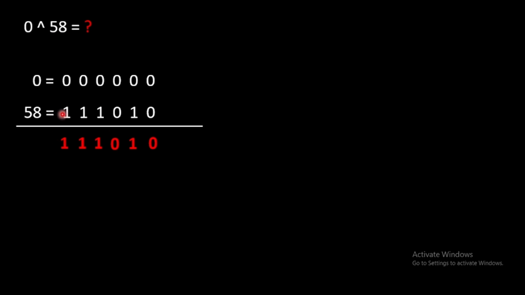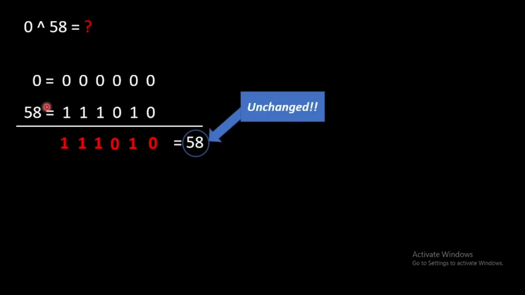You can easily notice that the output is the same as 58. Okay, so here's the interesting fact: if you take the XOR of any number with 0, the number will be unchanged. Okay, now what will happen if we swap the operands of the XOR operator,